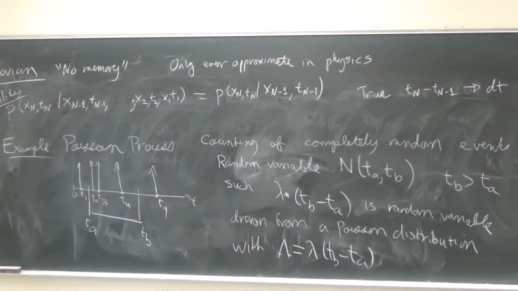So a Poisson process is defined by one parameter, little lambda,